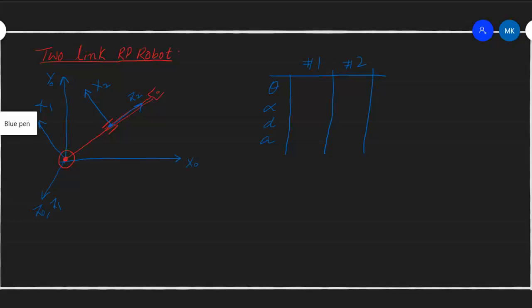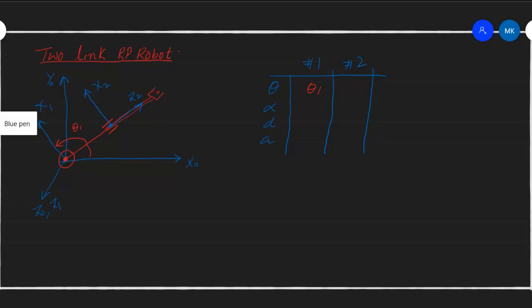If we see theta for link number 1, that is the angle between x0 and x1 along z1. So this will be something like this. In this case, theta 1 would look like this. Fine. So rather than just being the angle between x0 and the link structure, as we have seen in the previous RR type of system, it is actually between x0 and x1, which is the actual definition. So this will be theta 1, which is a variable in this case, or we can say a joint variable in this case.